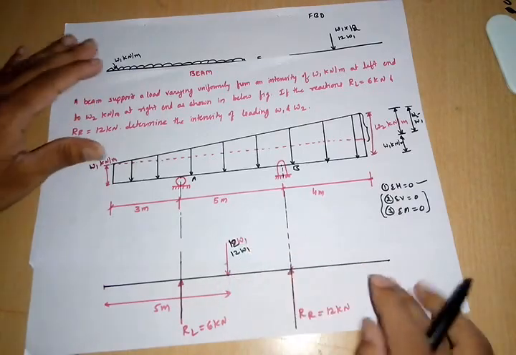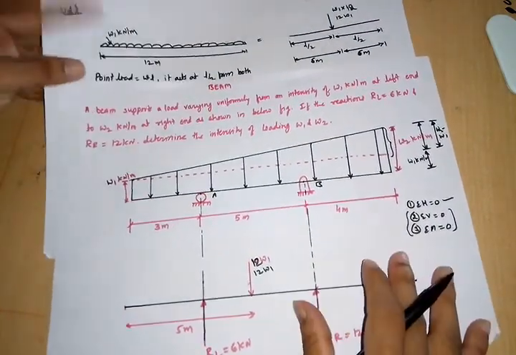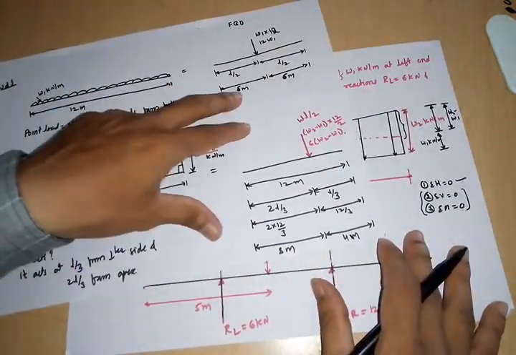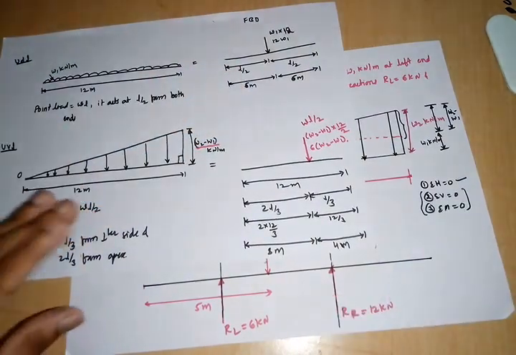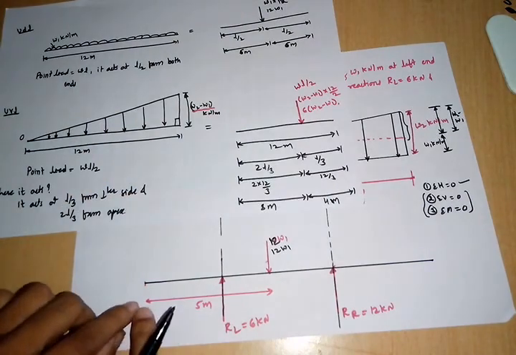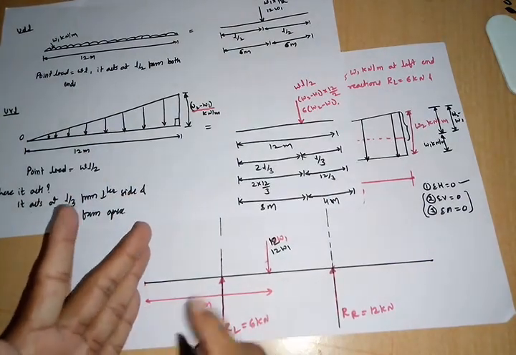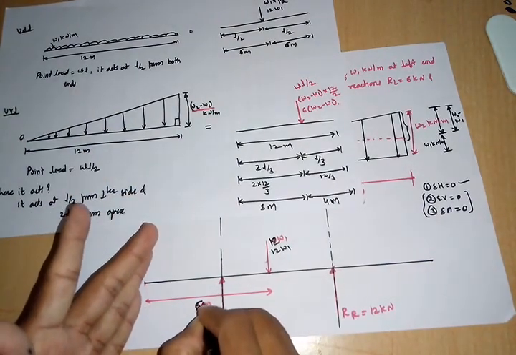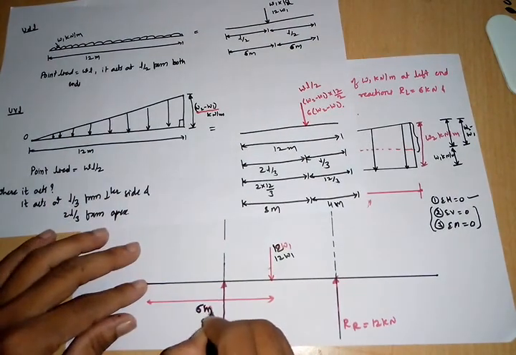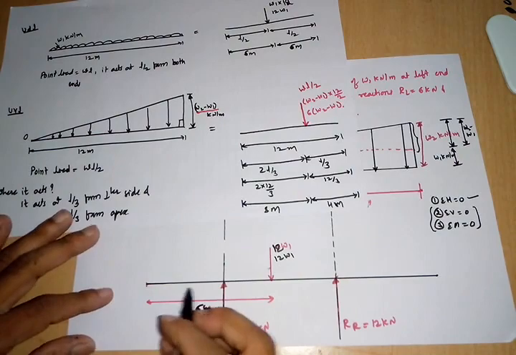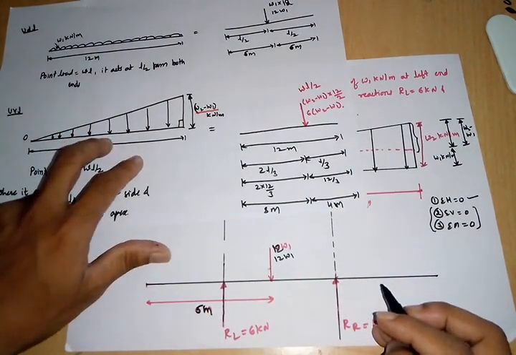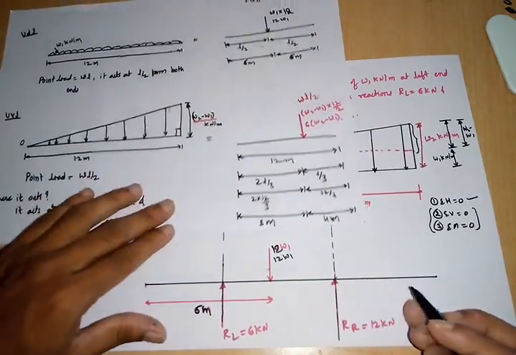It is 12 W1 and it is acting at a distance of 6 meter. It is acting at 6 meter from the right hand as well as the left hand. If I start from the left hand, it is acting at a distance of 6 meter, the same distance of 6 meter. And then next coming to this one, the UVL, that is